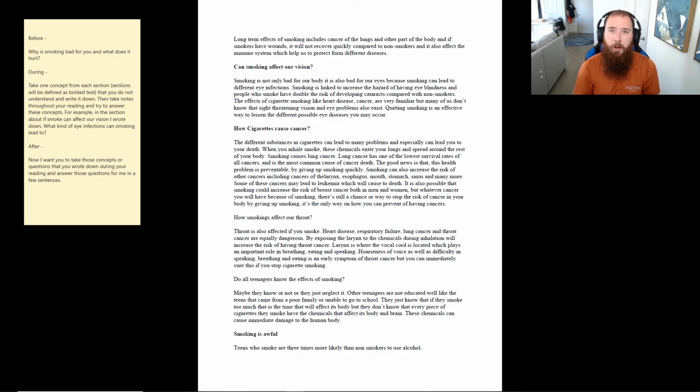Why do we not think about our eyesight? Why do we not think about the other multitude of things? So make sure you're asking yourself as you're reading this, hey, yeah, okay, that makes sense to me. Smoking does affect heart disease and cancer, but if it also affects sight and eye problems, what else does it affect? Okay, so if you guys have any questions, pop in the discussion board or email me